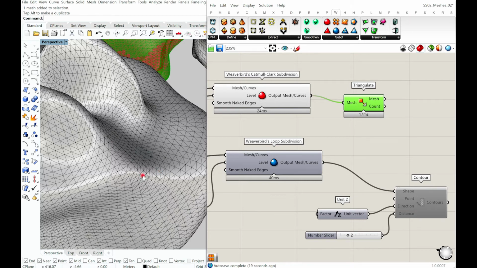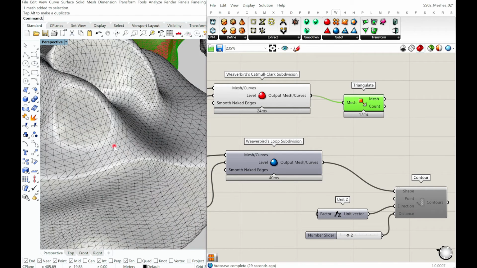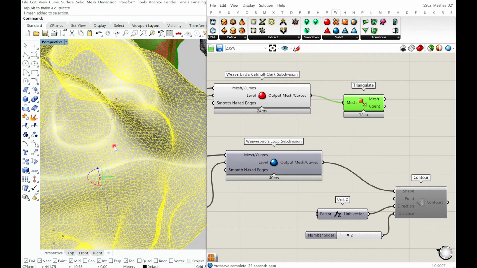Is each cell in the triangulation planar? Triangle, yes. Triangles will always be flat, and that's actually the advantage. Quads will never be flat. Triangles are bound to be flat because that's the minimum 3 points you require to make a flat plane or a surface.